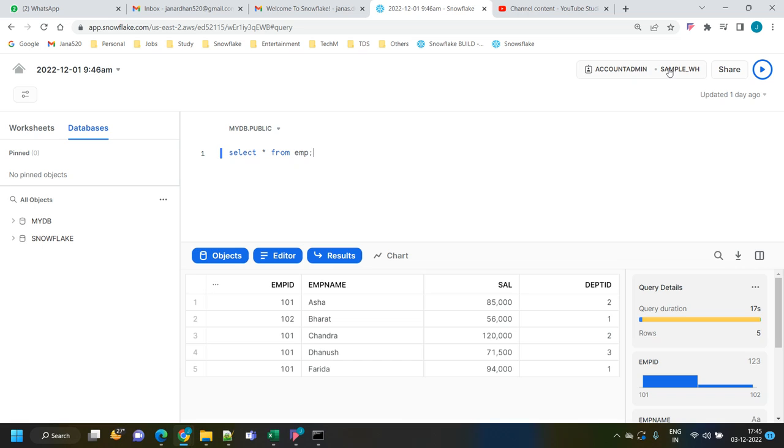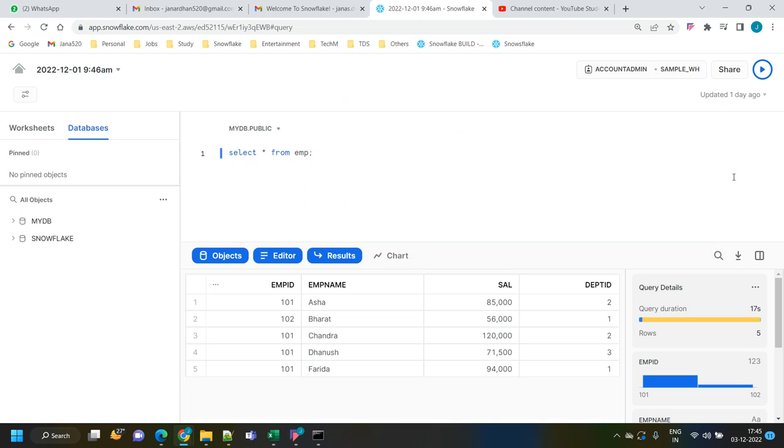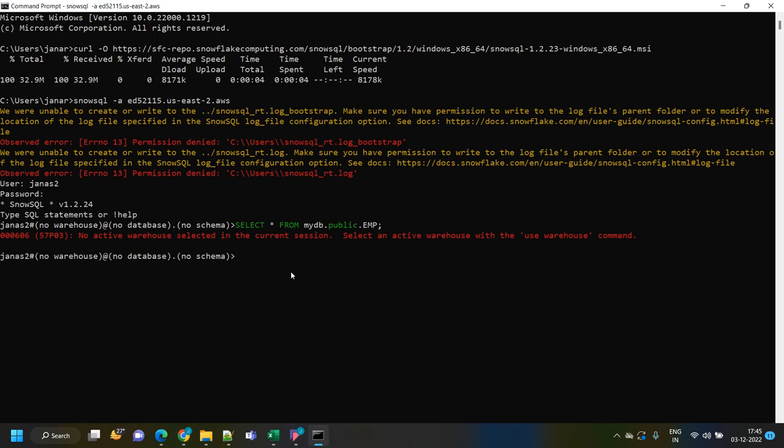Otherwise we can just drag and drop, or click on this and select the warehouse name, right? But here we don't have that drag option, so what we have to do is select our warehouse by the command itself. So use